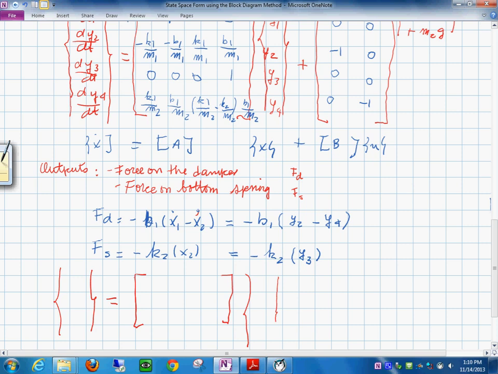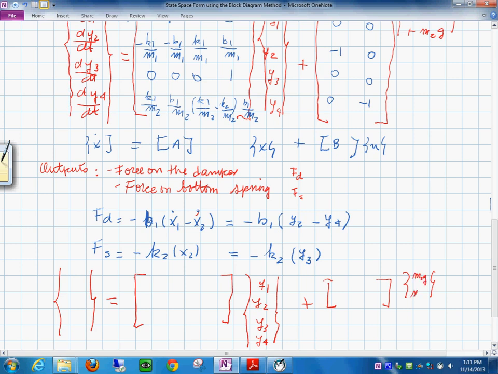This is going to be the same state vector. And then you will have the other matrix here, and then also the same state vector. What that means is this is going to be Y1, Y sub 2, Y sub 3, and Y sub 4. And this is going to be